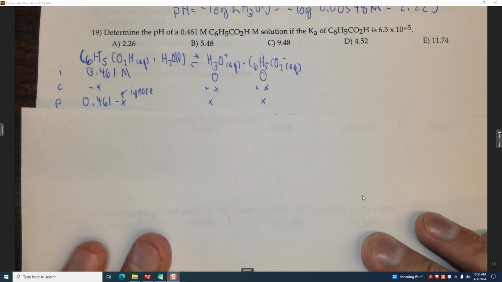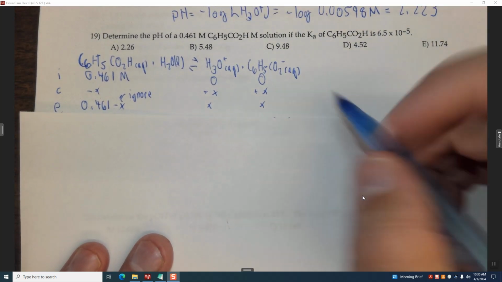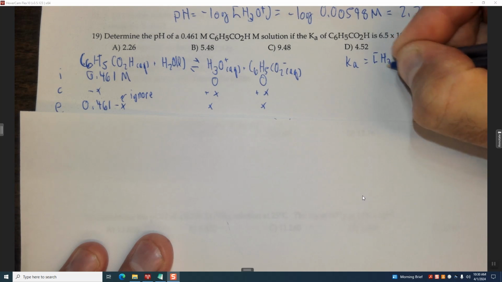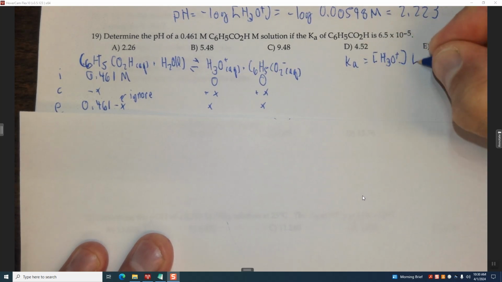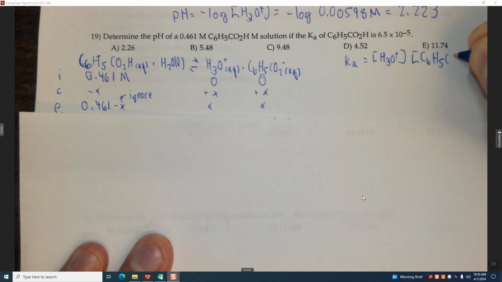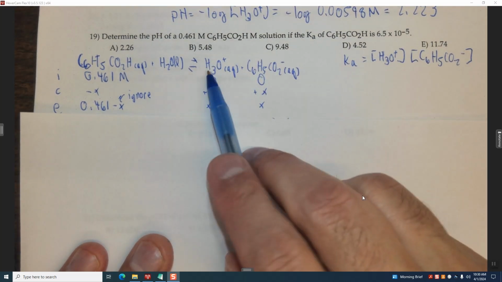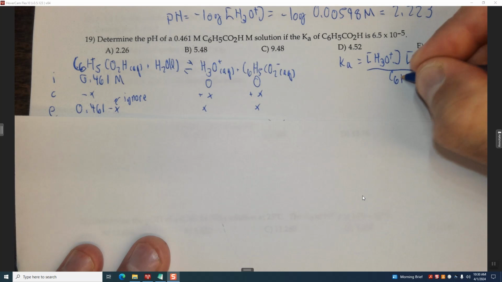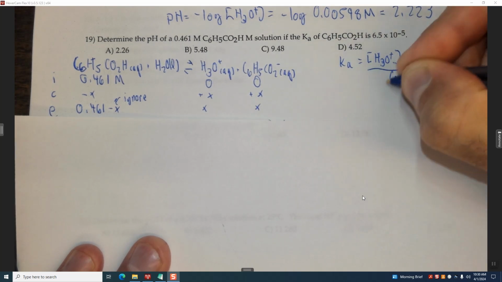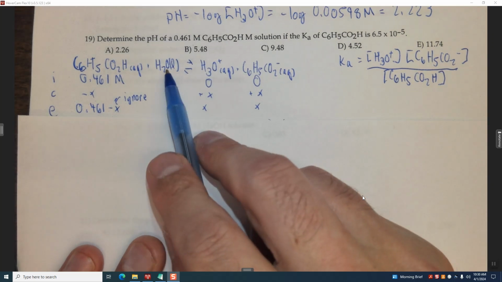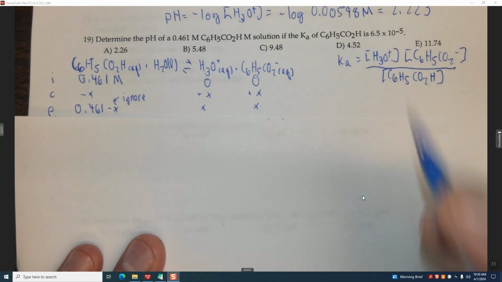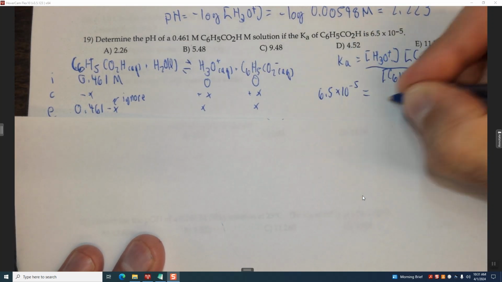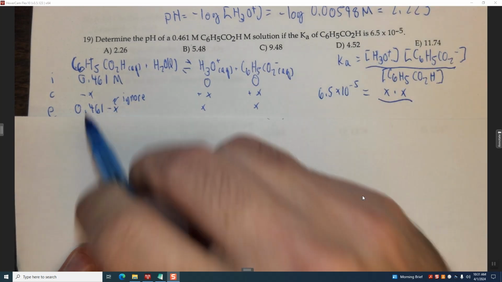Now we can write a Ka expression, just like we wrote Kc's for earlier. So the Ka is going to equal the product, H3O plus, that's the one we care about because that's the one that affects the pH, times the benzoate, C6H5CO2 minus, the other product right there, over reactants, C6H5CO2H, the benzoic acid. Note we ignore the water because the water is liquid. Now plug in. Ka we know. 6.5 times 10 to the minus 5 equals x times x, or x squared, over this